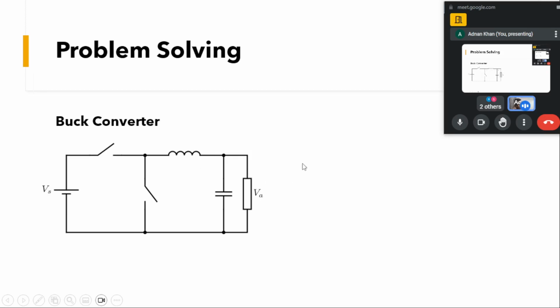The current through the inductor will start to rise to some point, and when this is turned off, the voltage across this inductor is minus Vout, and so the current through this inductor will start to fall to some point. That will give us the ripple. So if you can see